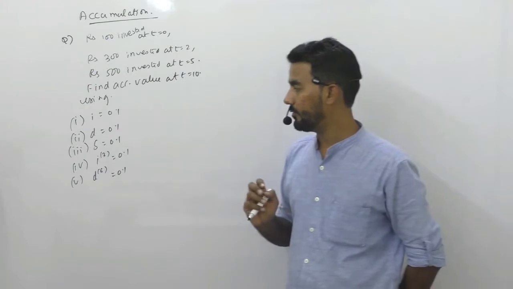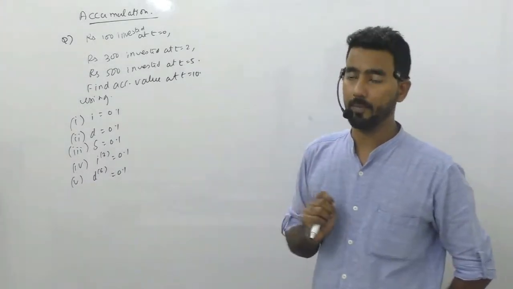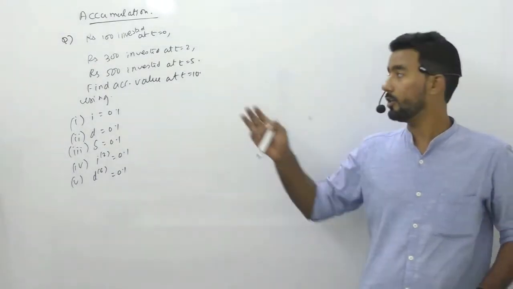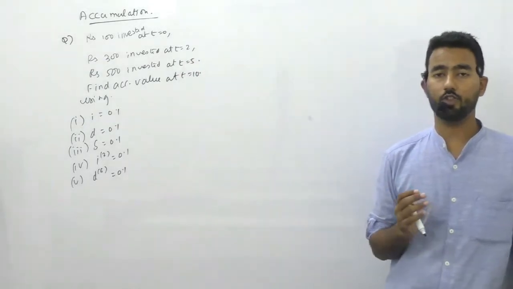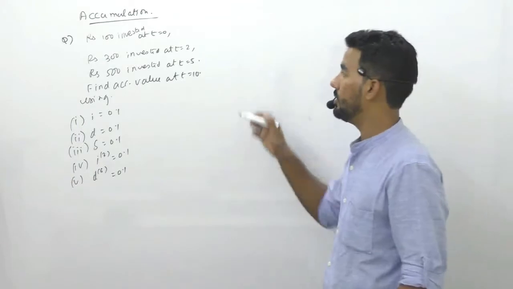So let us first understand for this kind of situations, if we have 3 cash flows and we want to accumulate all of them at time 10, how much money will we have in the account at time 10? So you are investing these 3 amounts basically, and you want to check what is the amount you will be having at the end of the given account. So accumulated value